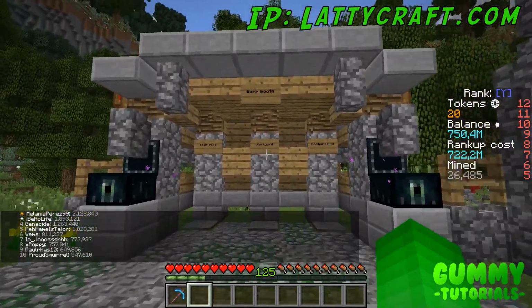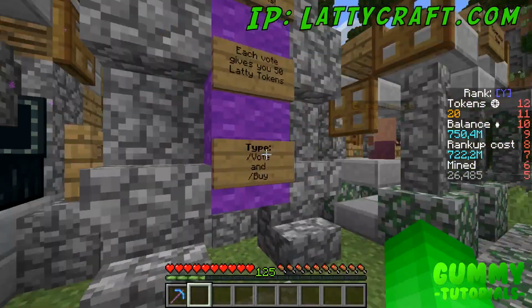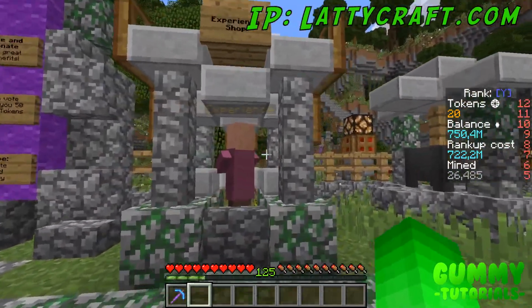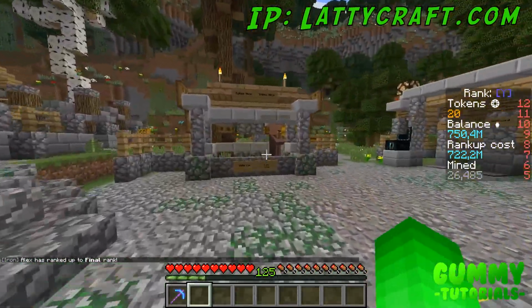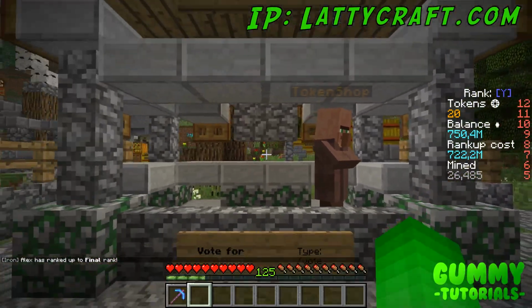So here you've got a warp booth, so this will take you to your plot, the work yard, or the enchant area. And then you've got a few guides telling you what to do, and an experience shop, and over there's a bunch of stuff as well which I'll talk about. So first off, you've got this lovely chap over here at the token shop,